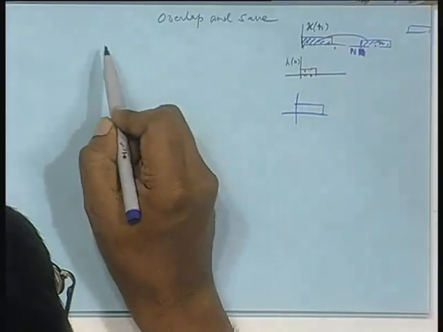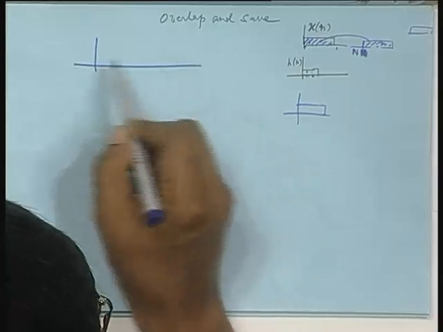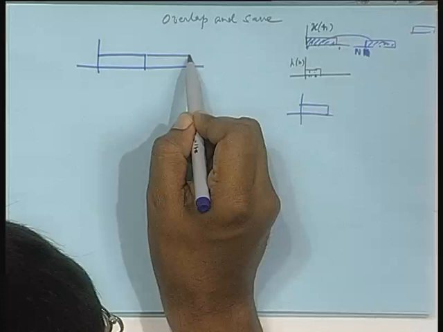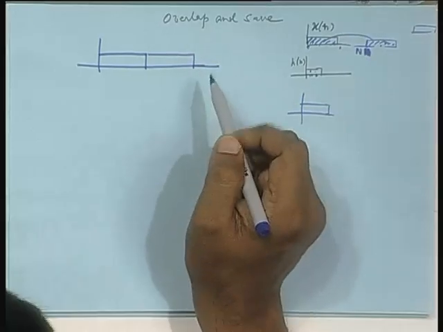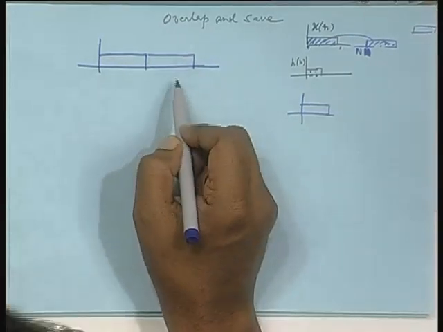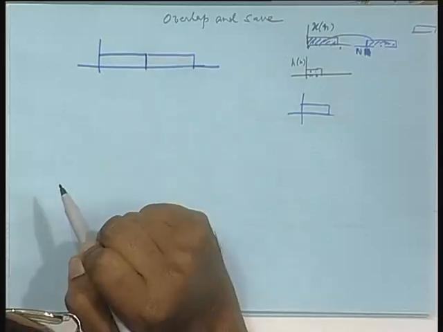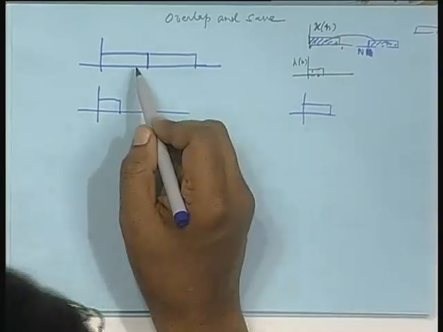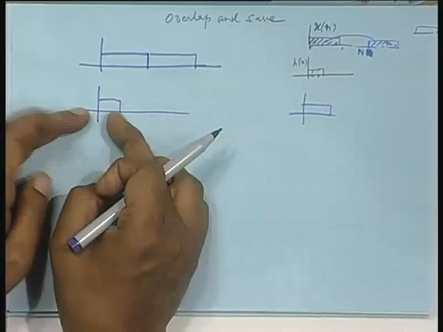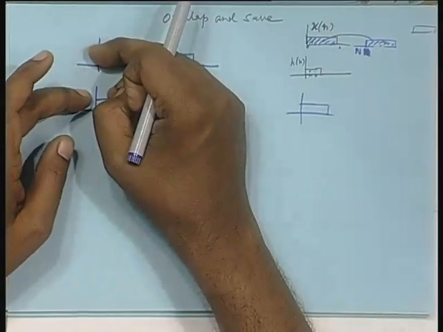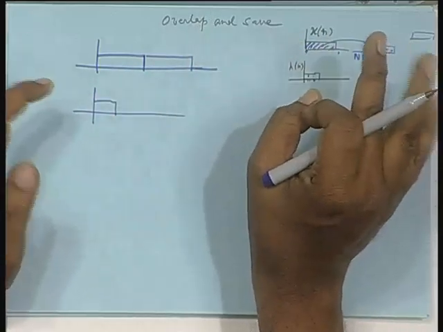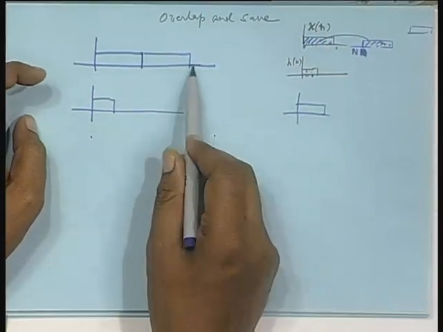Isn't it? Another important thing, and this is what books do not mention, these aspects. This is very basic, Oppenheim and all, they missed out this point. Suppose this is data, this data I am segmenting like this, and there is one sequence I am convolving with. Fine, you know how to do linear convolution, you will be reversing it and then multiply sample wise, shift it again, multiply sample wise, shift it, go on doing it. You will get an output from here to some point to the right of this.